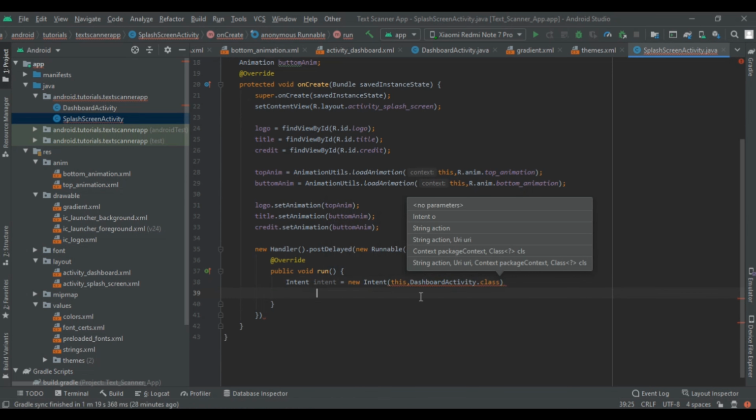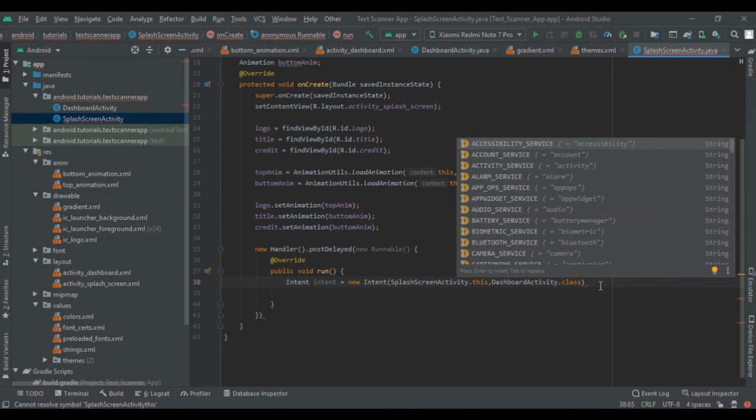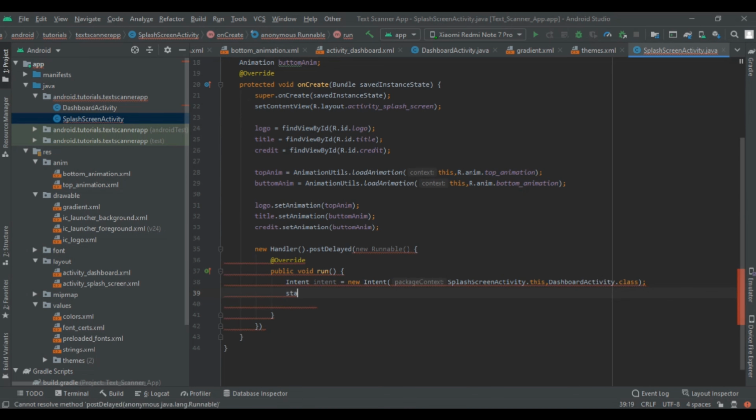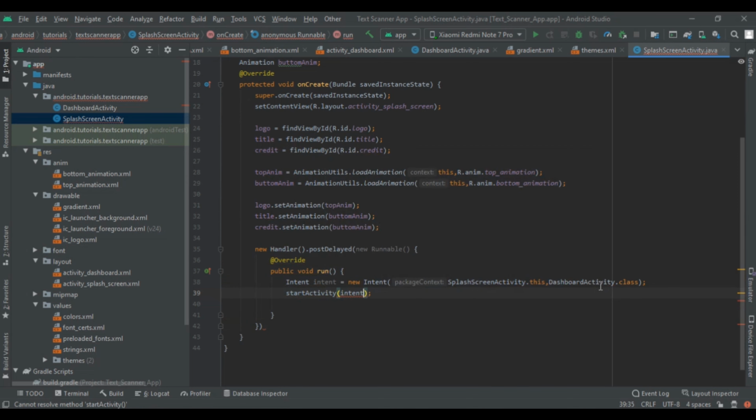So here it will generate an error. So splash screen activity dot this. Now error is gone. Now start activity and type intent and finish this. Here you have to write some seconds that you have to show that animation. So we are going to write 5000 means 5 seconds. After close this.